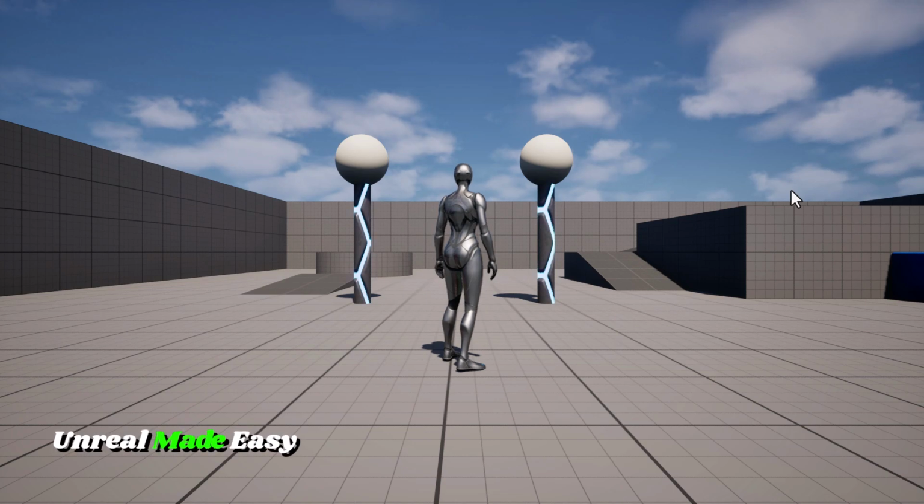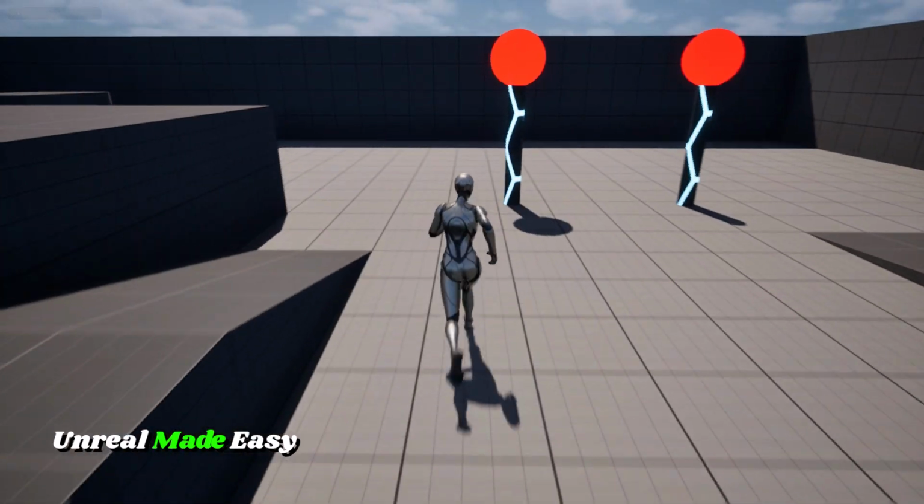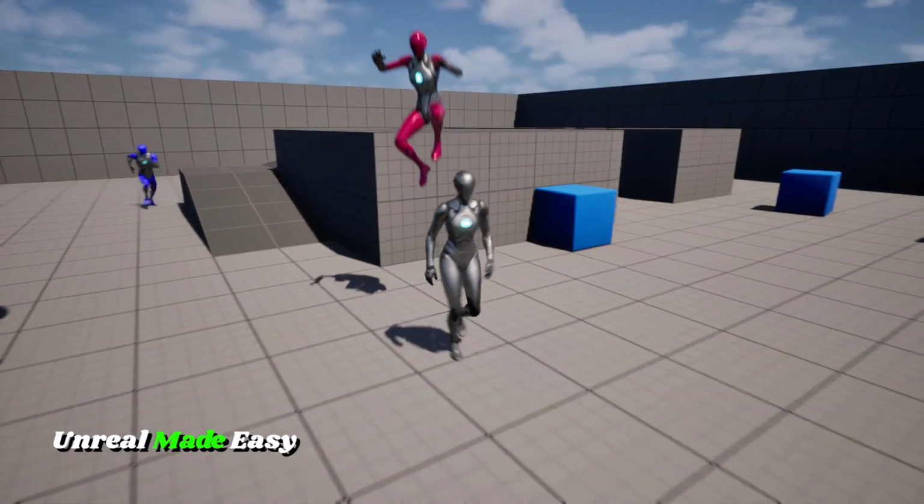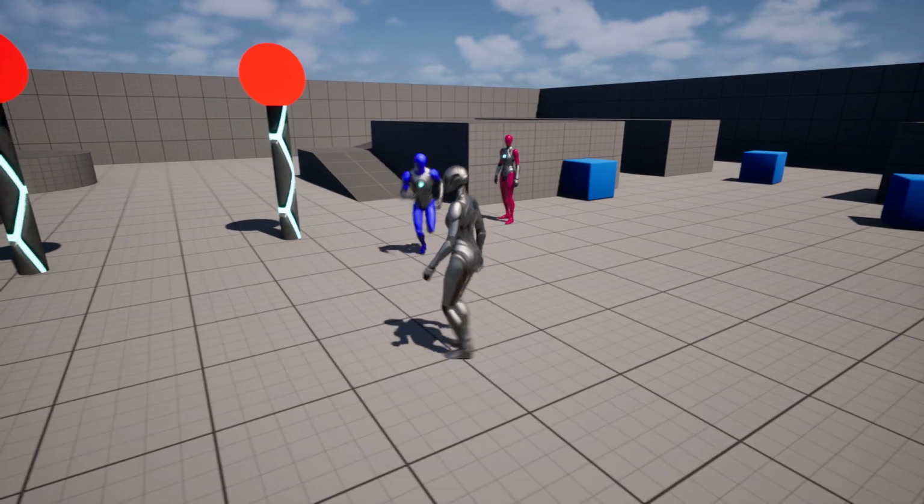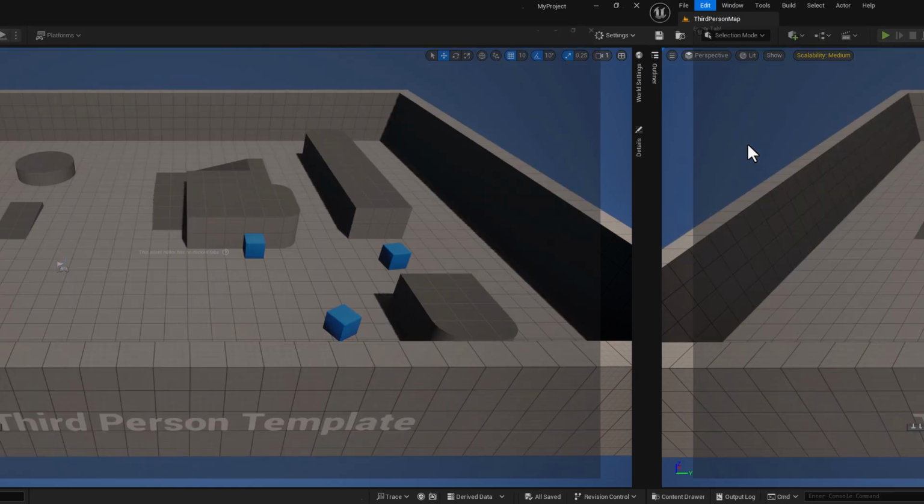So, true creators, you want to know how to use dispatchers. You're in the right place. We're going to create a warning system that you can use in your personal projects. Let's get started. Okay, so to start out with, we're going to go over to the Edit tab, Editor Preferences,